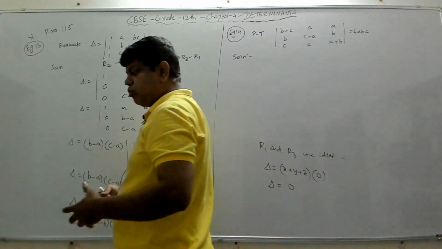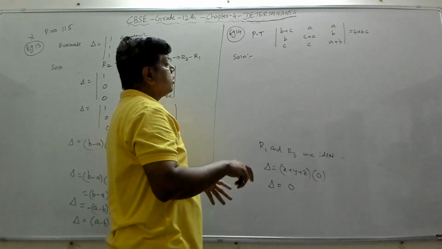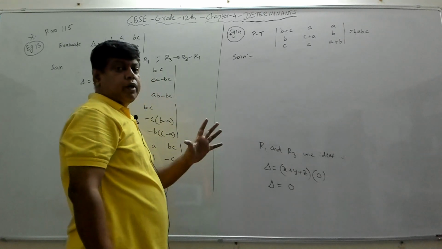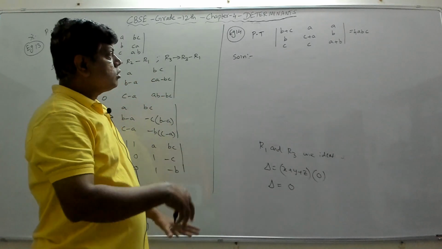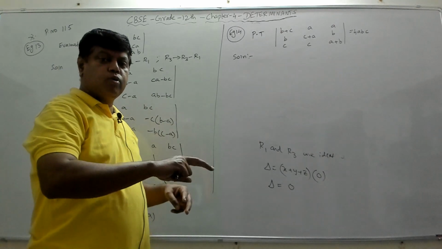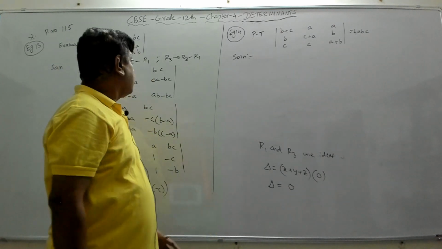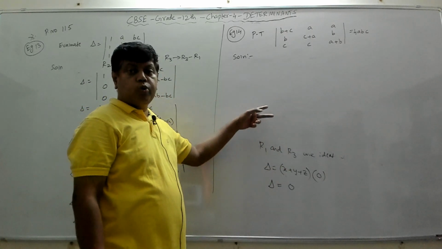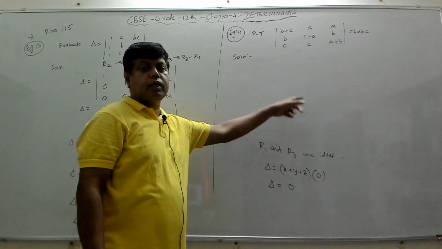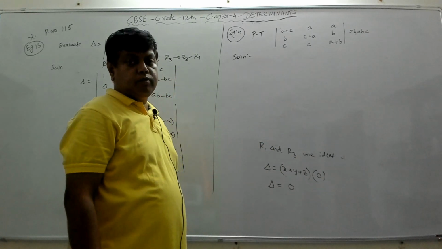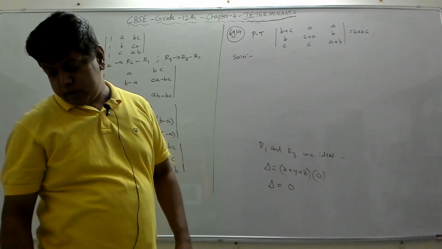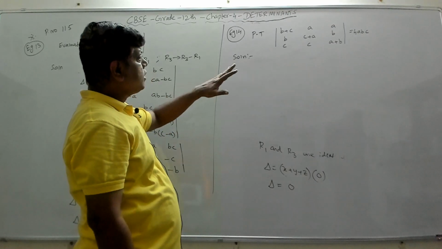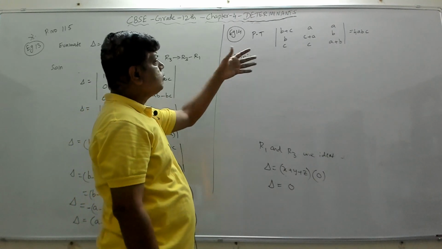So if you add 2 or 3 rows or add 2 or 3 columns, we can check whether we get the same element in a particular row or particular column by adding all the rows or all the columns or any 2 rows or any 2 columns. See, earlier in one of the problems we added row 1 and row 2. We got x plus y plus z, x plus y plus z, x plus y plus z in the first row in example 12. So that is also not working. So now we'll see whether we can make the maximum zeros out of this.